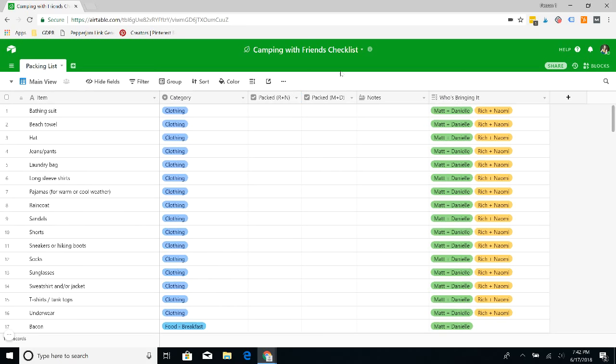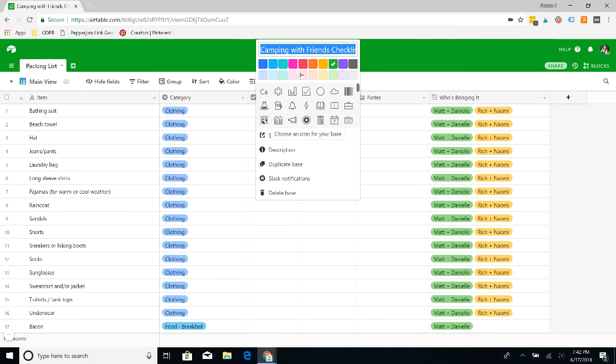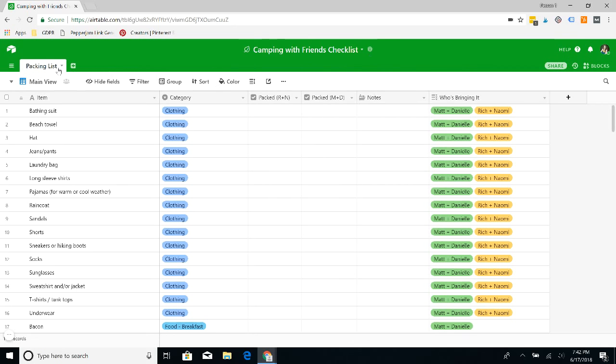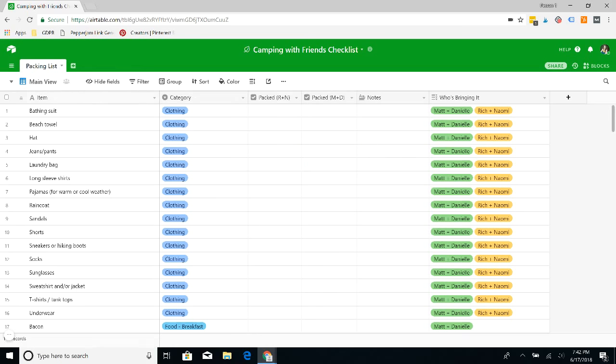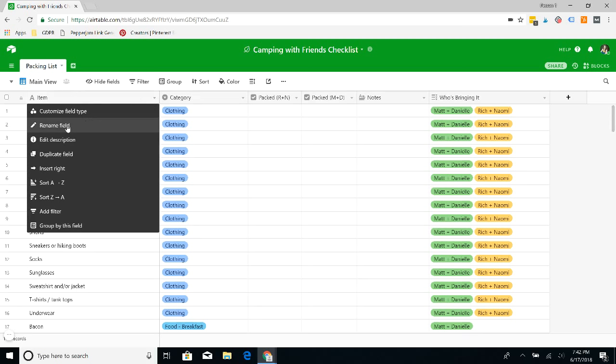So it's pretty simple. Basically, to start off, I want to show you how to rename things. You can rename everything here. You can change up the colors, change up the little symbol if you would like. You can rename the table. You can rename each of the views if you would like to by simply clicking here. And then you can rename each of these columns by clicking here and going to rename. So it's pretty simple and